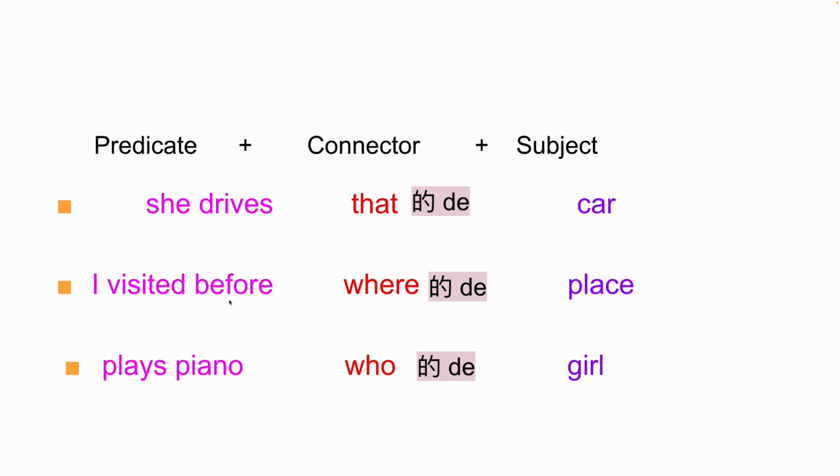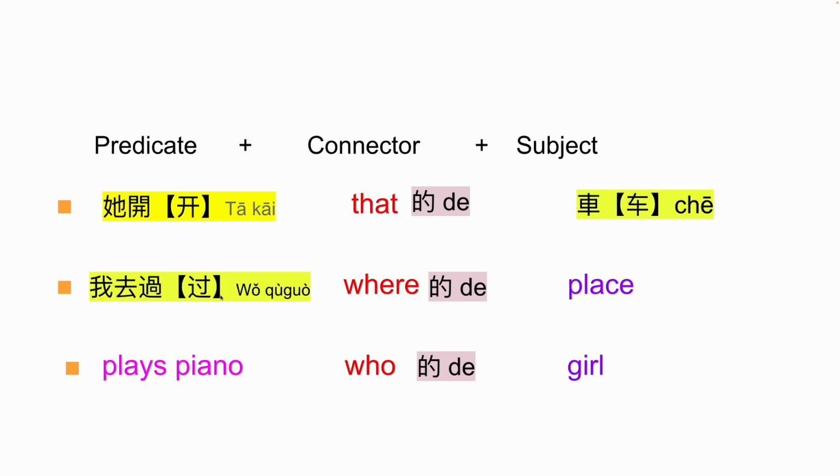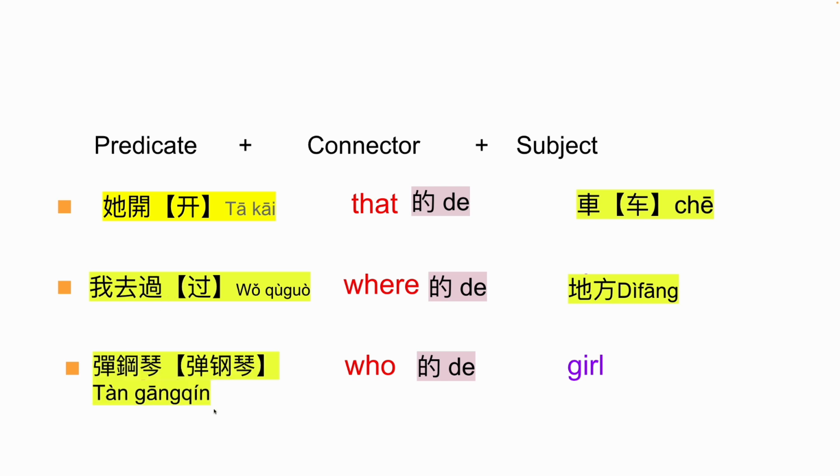I visited before 的 the place. Plays piano 的 the girl. 她开的车。我去过的地方。弹钢琴的女孩。